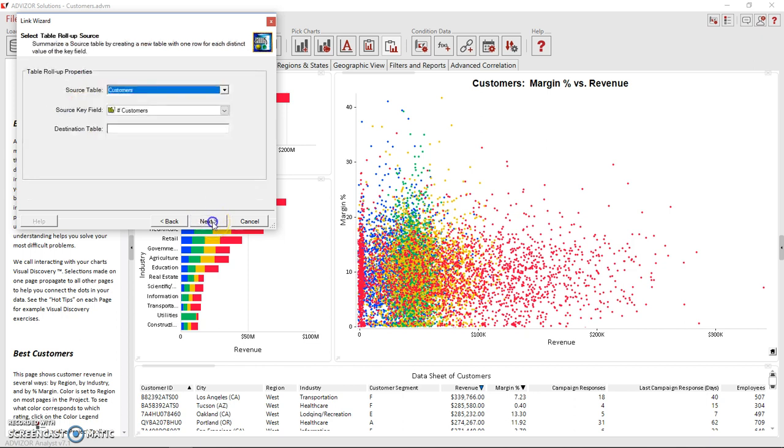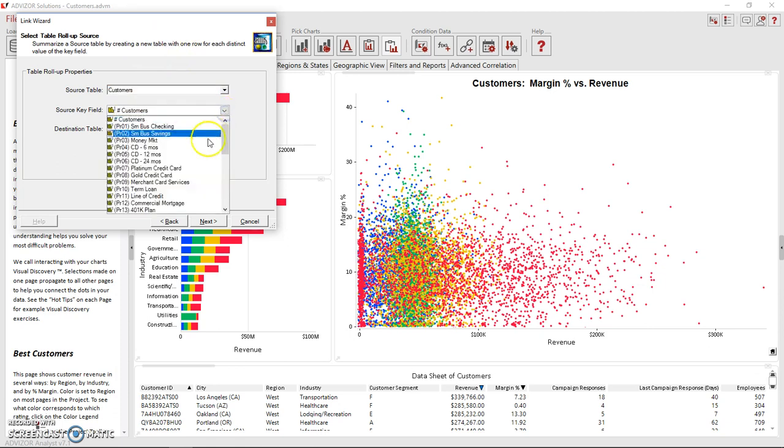Then click Next. The first step is to choose the source table and source key field. The source table is the table with the data to summarize. The source key field provides the basis for what the data will be summarized over. The destination or output table will contain one row for each of the different values of the source key field. For example, in the customers table, if we set the source key field to region,